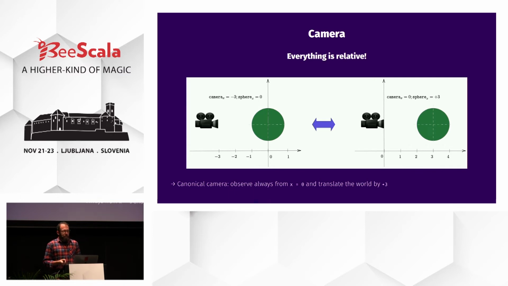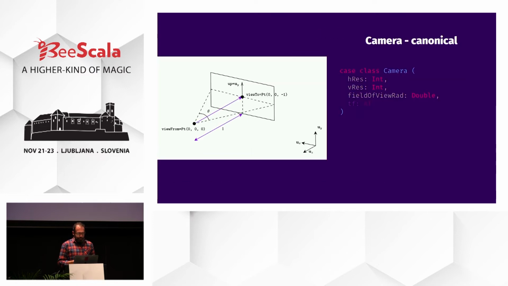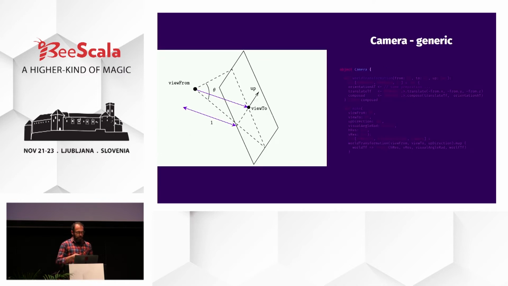So we define what is defined as a canonical camera. It's a camera that always looks at the world from the standard position. In general, we can define it in this way: it looks at the world from the origin of the axis, looking towards the negative z, and always looking up. This vector up is necessary to cope with the rotations of the camera, essentially. And any other camera can be defined in these terms, and it is the same thing